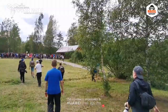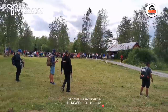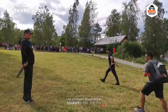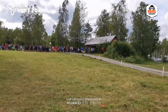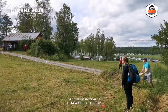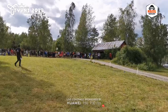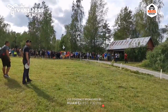Let's see what he's up to now, because his shot was, as mentioned, left short of the basket to just outside circle's edge. Now the players are checking where the OB line goes and also determining where Simon's lie will be. So the players decide that Simon's going to throw a provisional, and then they are going to check whether he's in or not. He hits chains from 35 meters away. That is about 100 feet or so, a little over 100 feet. That was a very well played provisional,